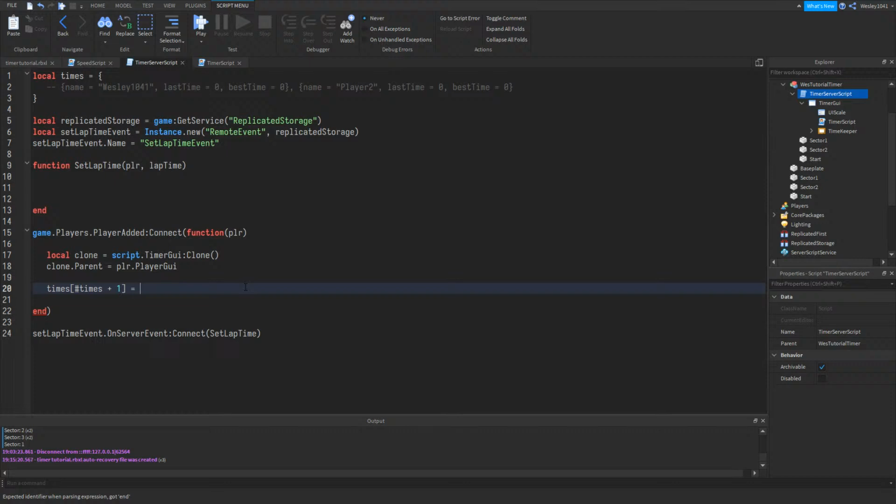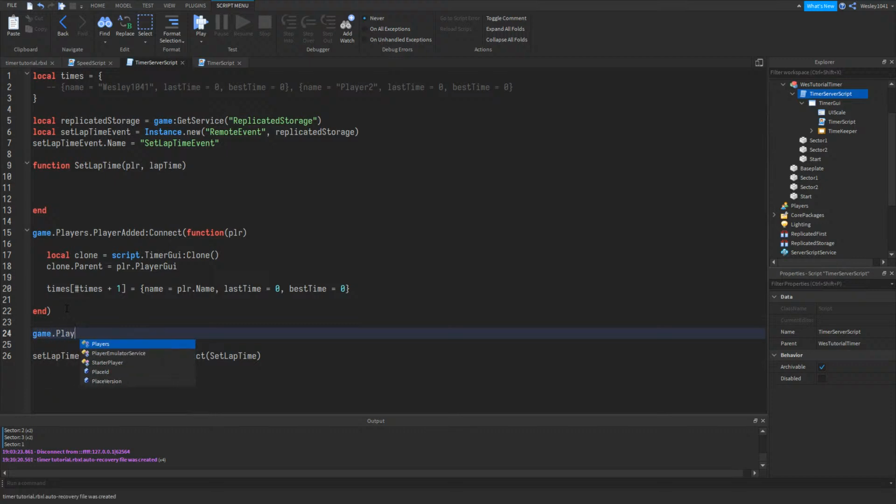So that means we're going to add a new time, and I'm going to give it the name, which is the player name. We want to add a last time, which is going to be 0 in this case, which will be our default lap time. And best lap time would also be 0. So basically this means create a table for the new player. And of course we also want to have this feature once a player leaves the game, we want to remove that time. So what we're going to do here is I'm going to write,